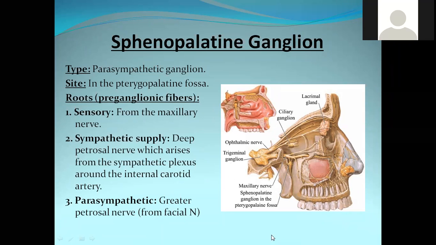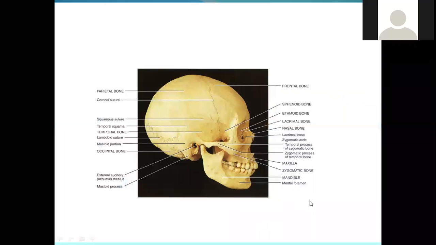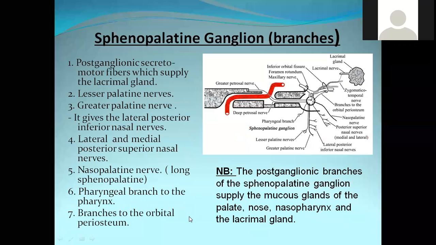Here you can see the sphenopalatine ganglia. The pterygopalatine fossa is seen here, and the sphenopalatine ganglion in the pterygopalatine fossa is seen here. So this is the pterygopalatine fossa with the sphenopalatine ganglion. And here, for better understanding, you can take the reference of the skull to understand the bony relations of this. The sphenopalatine ganglion gives different branches